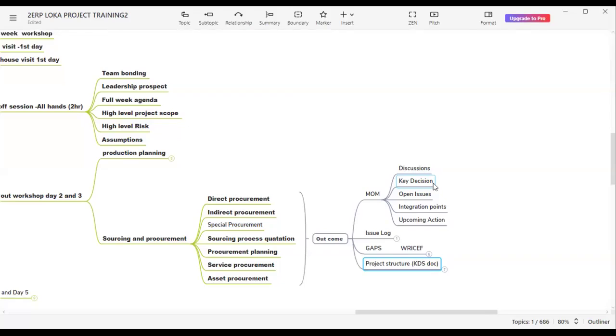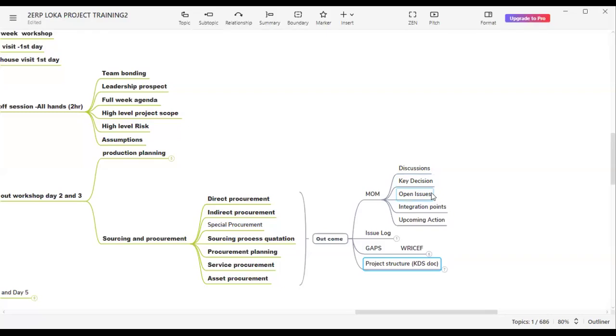So that is a key decision. And in some cases, the question is open and we are not answering now, and we are going to answer it later on. We have asked them to wait for some days or give us some time to answer those questions. So those are the open issues. Then we have the integration points.